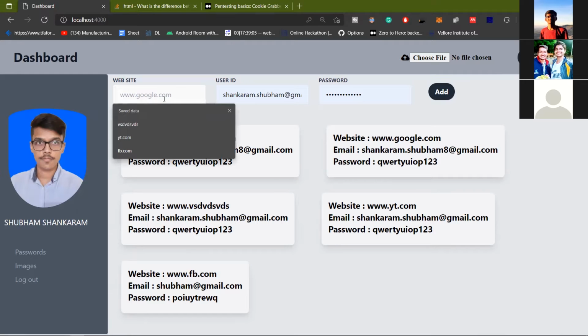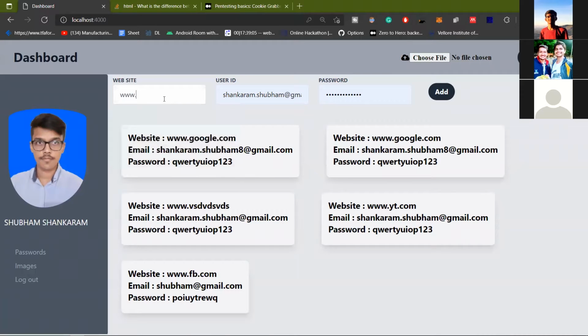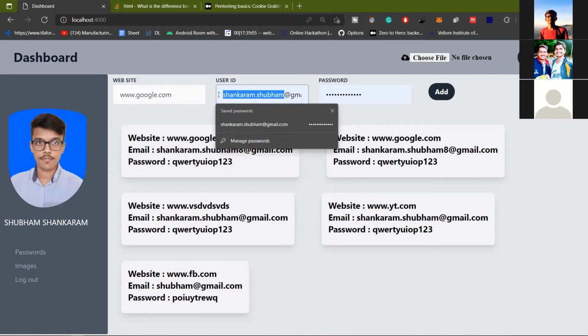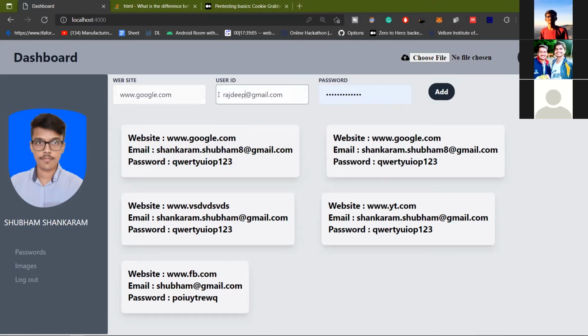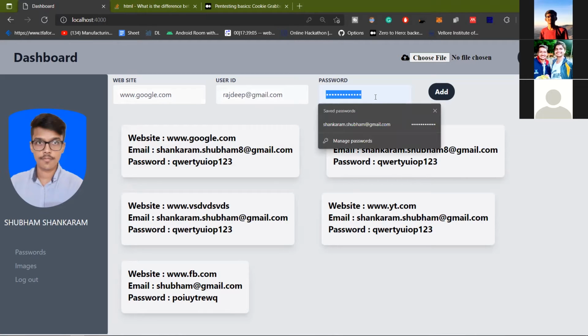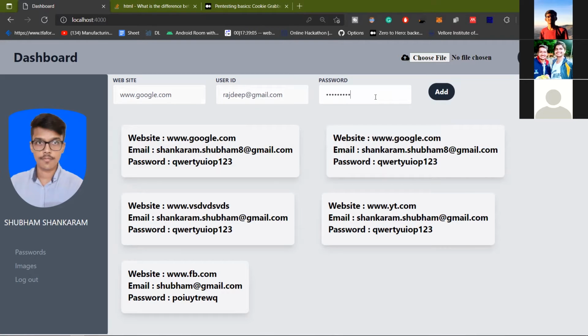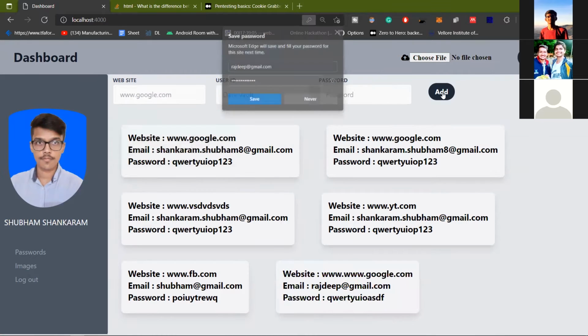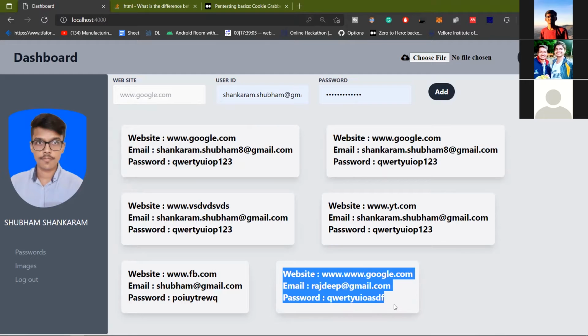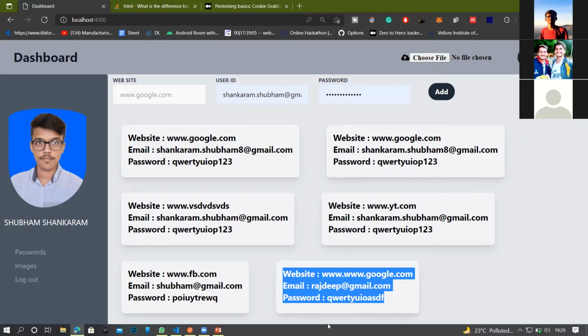You have to enter the website, the user ID and the password of the website. Once you click the add button, it comes up as a card that shows the website, email address, and password.